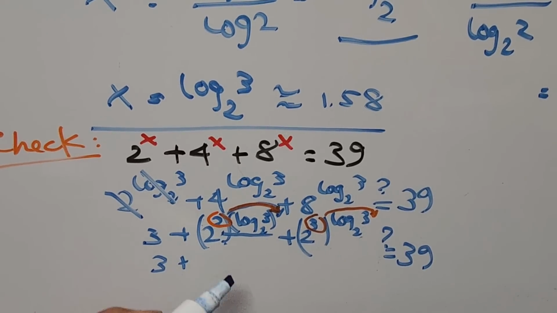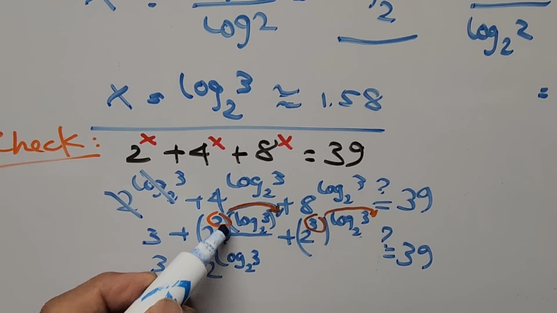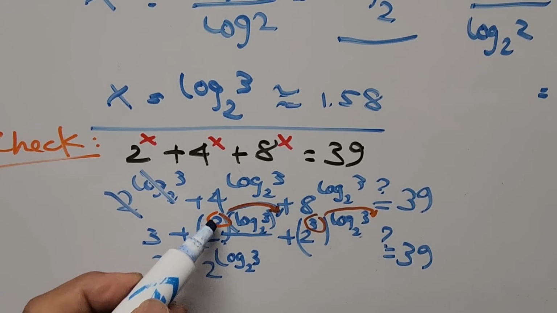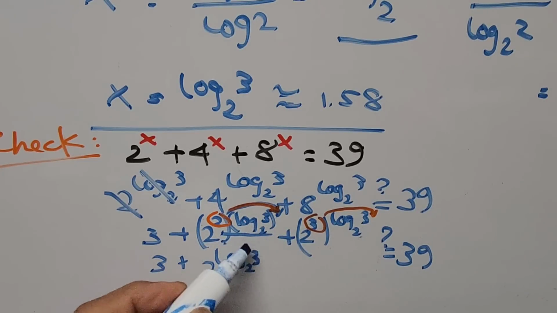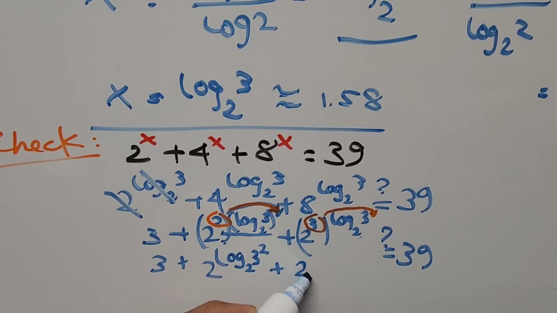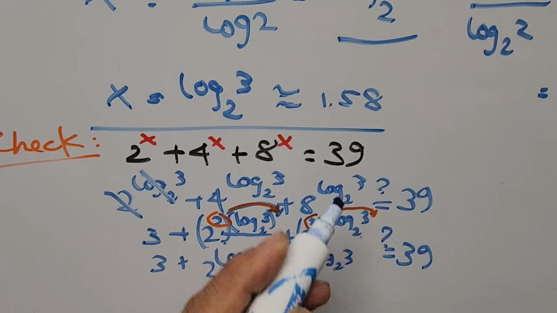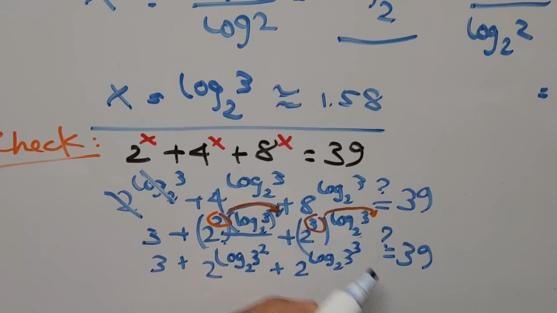So now we have the second term. You have 2 to the power of log base 2 of 3. And the exponent 2 came up as exponent of 3 right here. So that's 3 squared. Then plus 2 to the power of log base 2 of 3. Likewise on the 3, going as the exponent of 3 right here. Alright? Okay, so